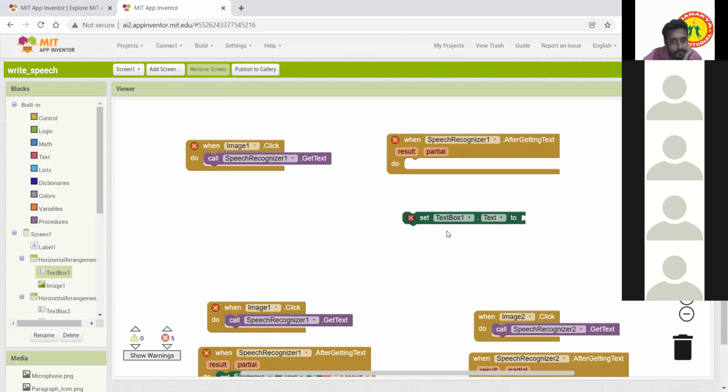Yes, sir. Because sir, we have to do image 4 click speech recognizer 4 like that. Yes, all the programs are the same, sir. Image 1, 2, 3, 4.